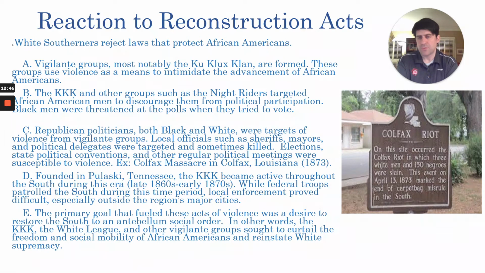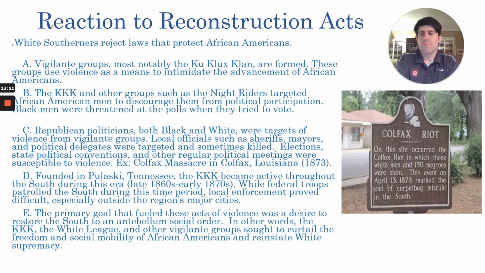Antebellum is a word that means pre-Civil War, sort of that 50 to 60 year period in the first half of the 19th century, from roughly 1800 to 1855, 1860 or so, in which white supremacy ruled throughout the South, as African Americans living in the South were all enslaved and basically had no rights individually or as a group. And even though the South lost the war,